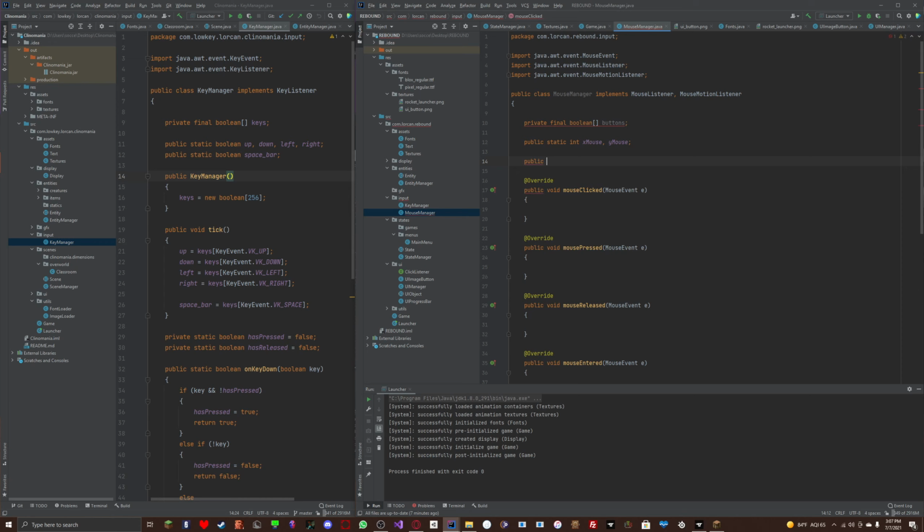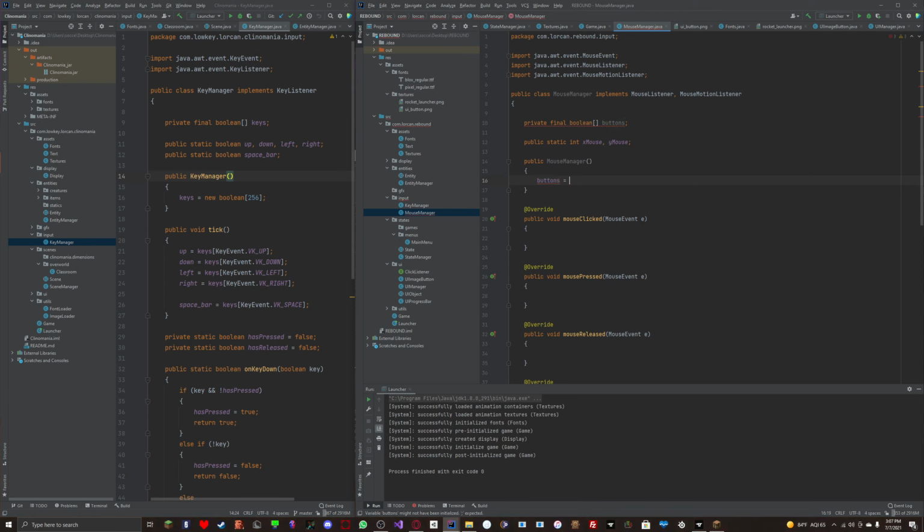We can create a constructor, of course, that initializes that buttons array list, and we'll set it to have 256 slots. And then we're going to want to have a tick method, so we can say public void tick, and we can just say right here, we're going to want our actual buttons, so we can start off with public static boolean, and we can start off with a right click, right mouse,